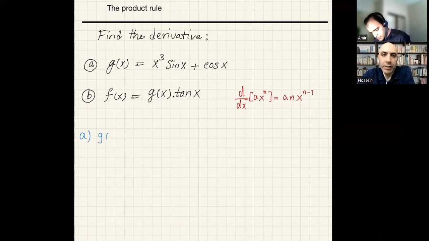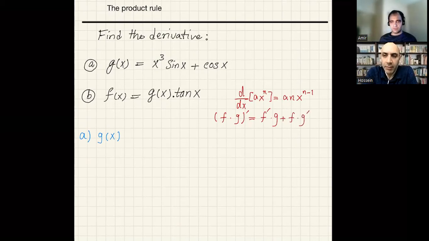Can you also write down the product rule? Sure. So the product rule is, if we have two functions, f of x times g of x, the differentiation is going to be f prime times g plus f times g prime. I use prime notation for this one. Both of these functions are functions of x. Correct. These are all in terms of x, like f is equal to f of x. So